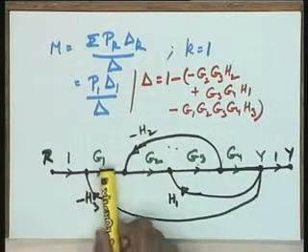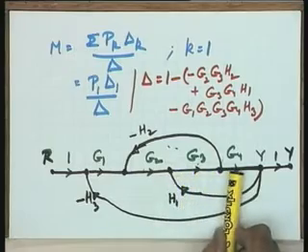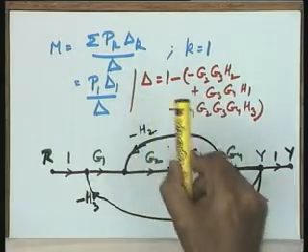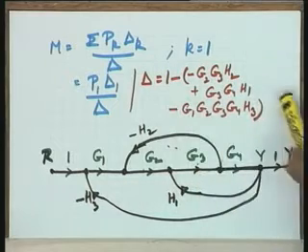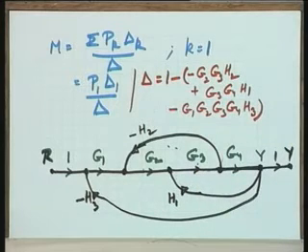P1 is G1, G2, G3, G4 divided by 1 plus this minus this plus this, if you take the minus sign inside. You get the final answer, which is the overall transmittance of the system, or the closed loop transfer function of the system. I hope this is okay. Well, it was a relatively simple situation.